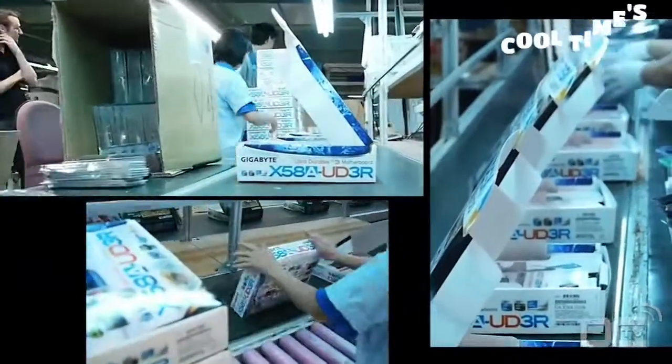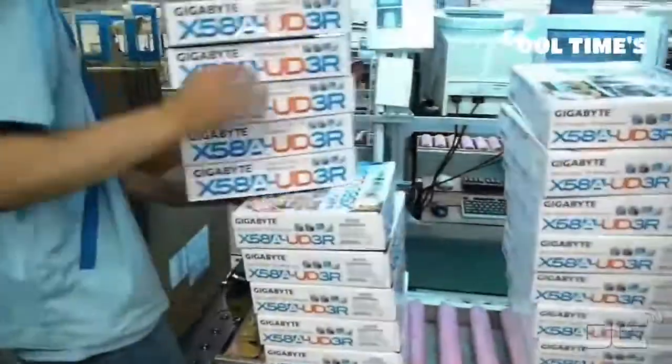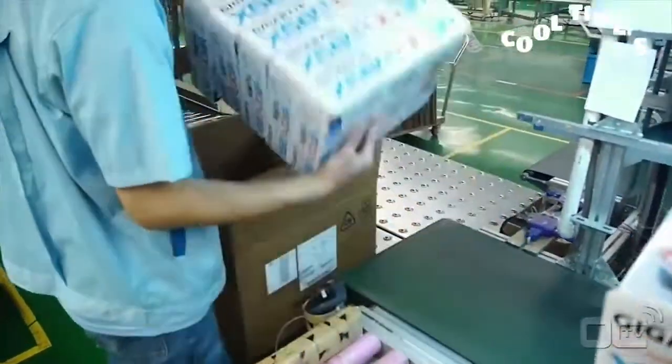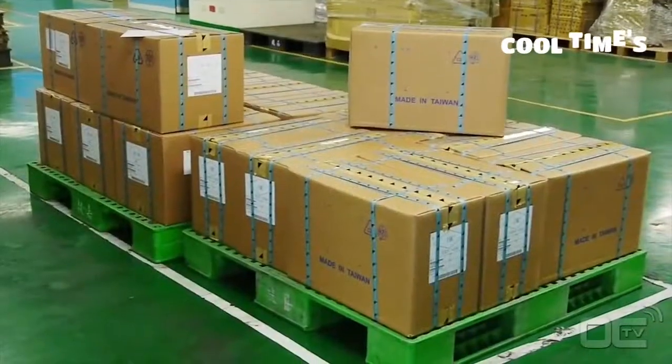Your board is almost ready. The bundled accessories that include the manual, driver DVDs and cables are then added, and then the box is closed. Each box goes into a bigger parcel for shipping. These are then